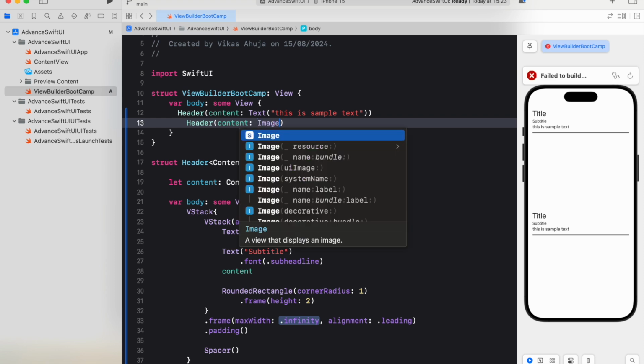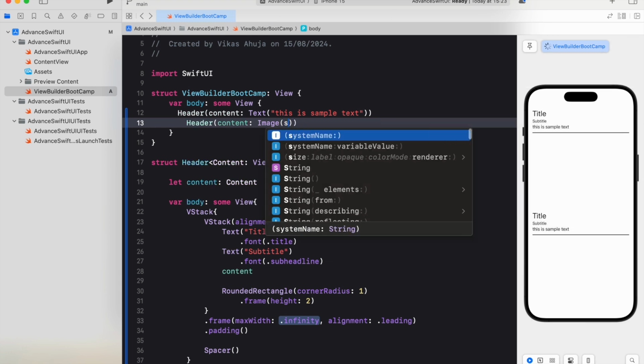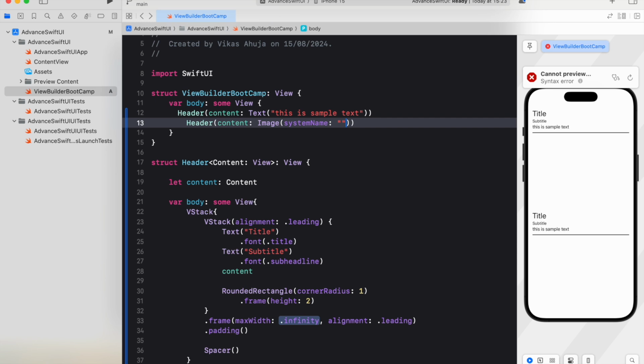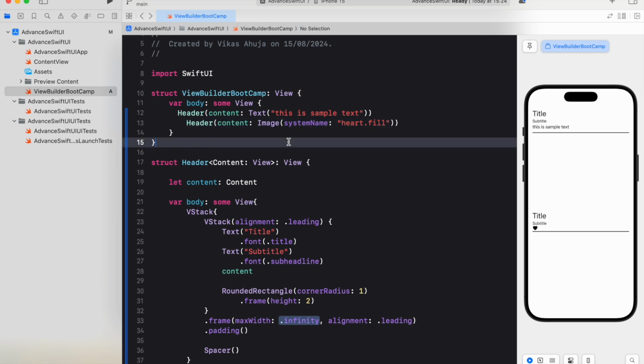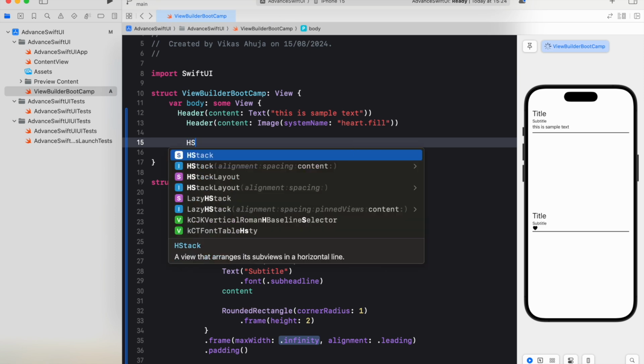image, name, system name is of kind heart.fill. So see, this is working fine in all the cases. So instead of this we can pass HStack, VStack, because they are also conforming to the type of a view. But let's see, look here,